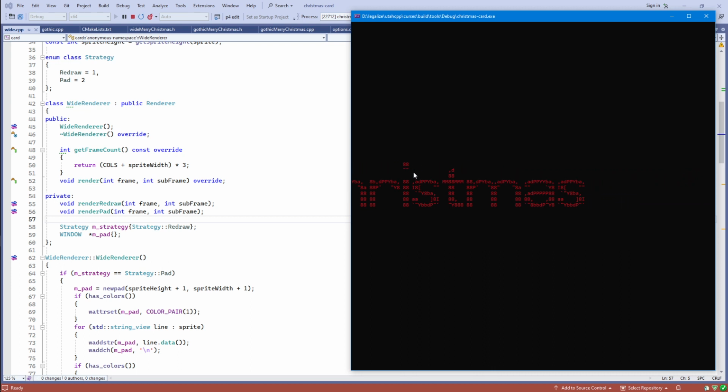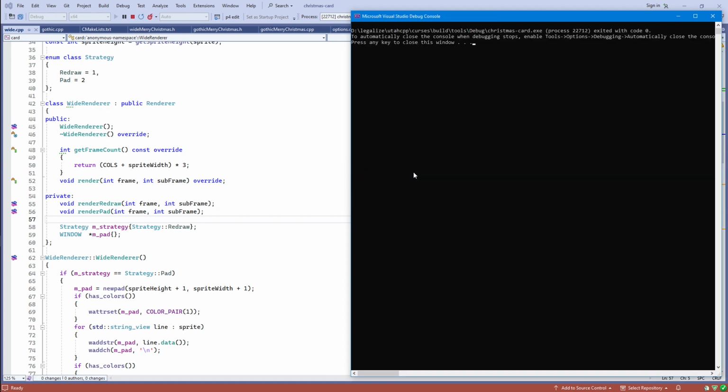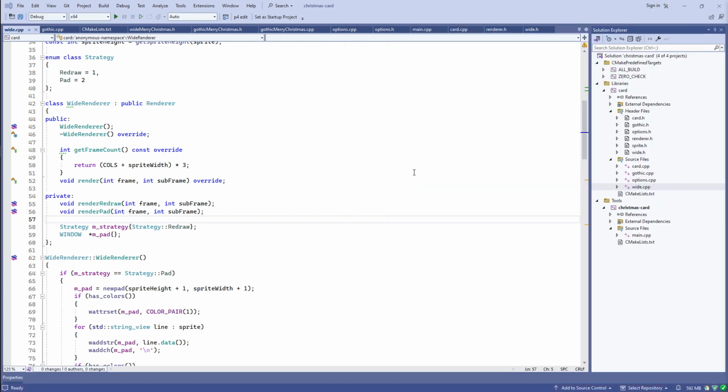My output is fast enough that it's all being done in less than a tenth of a second, so we never get variable frame rates. But if we were going over a slow connection, we probably would get varying frame rates because everything would be taking longer than a tenth of a second. All right, so if we look at the other strategy with the pad,